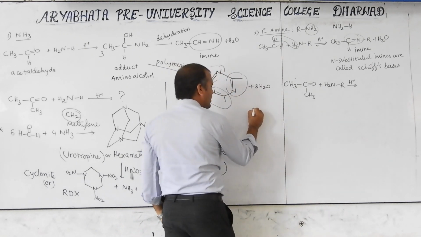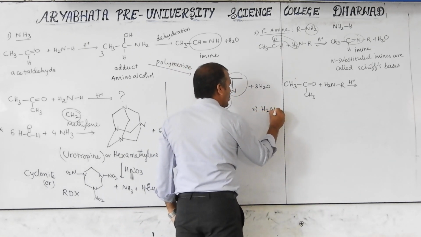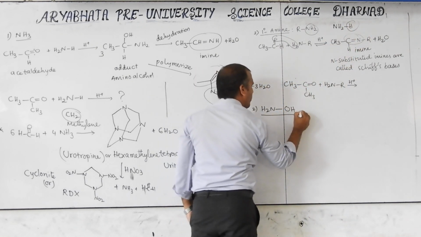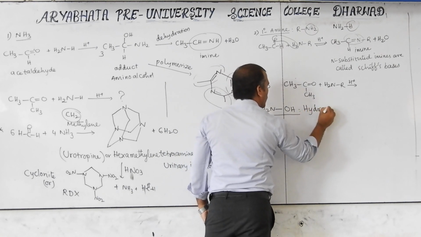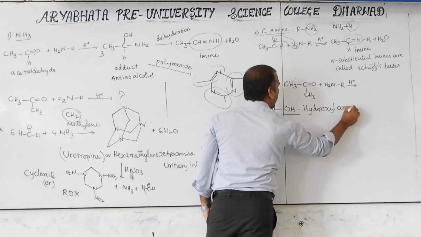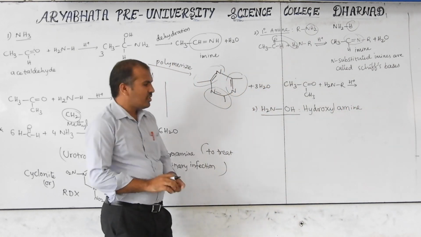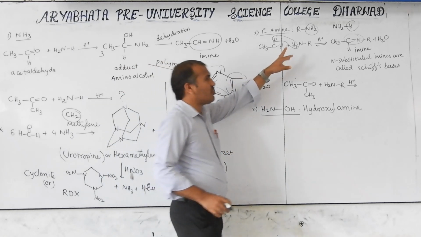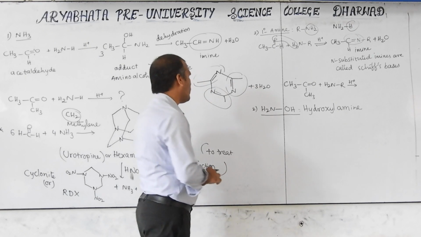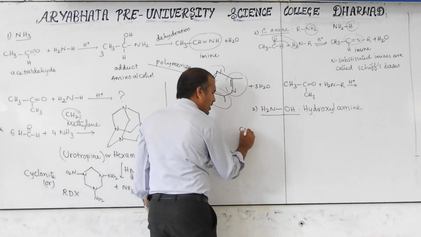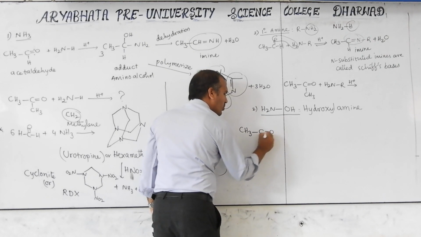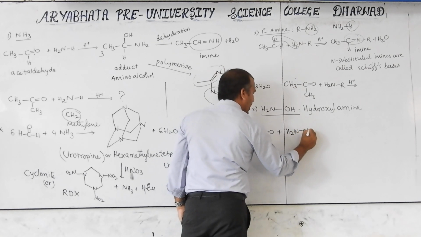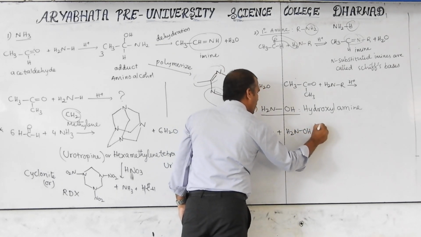Next, the second one, what is that? NH2. Instead of this hydrogen, we can put OH. Its name is hydroxylamine. This is also a primary amine type only. Later we will discuss the secondary amine, because the NH2 part we complete first, later we can go for the secondary part. See, I want to take here acetaldehyde, CH3 C double bond O H. Acetaldehyde reacts with this NH2OH hydroxylamine, generally in acidic medium, a reversible reaction.